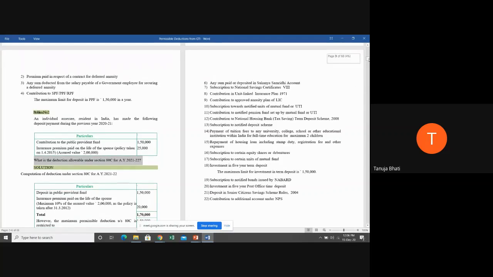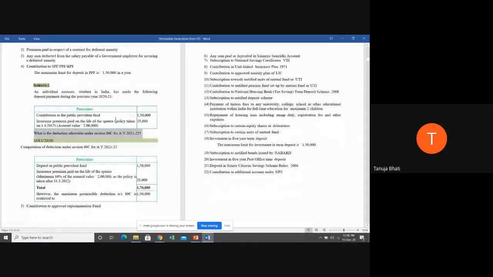So let us see, students. First tell me, if any contribution is made to PPF, Public Provident Fund, will he get a deduction under section 80C? Yes, because in the list of investments we have seen that for contribution to PPF he is allowed a deduction under section 80C. So deposit in PPF is 1,50,000. Okay, insurance premium paid on the life of the spouse. Now, what is the amount of insurance premium he is paying? 25,000. But we know that if the policy is taken after 1/4/2013, the maximum premium deduction he can claim is 10%